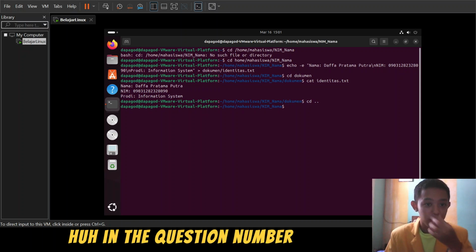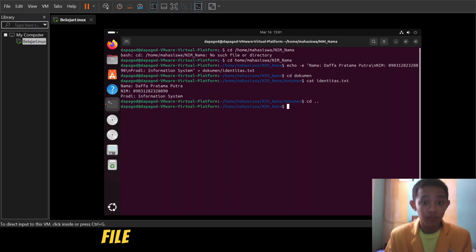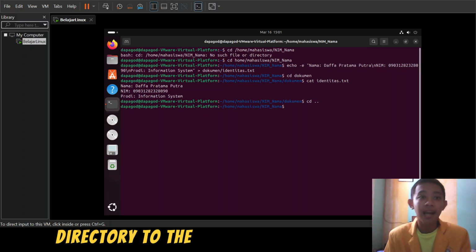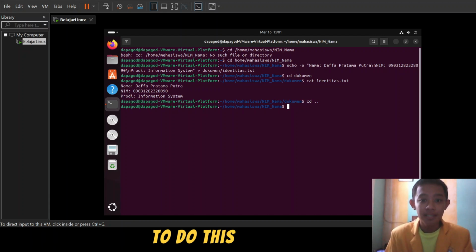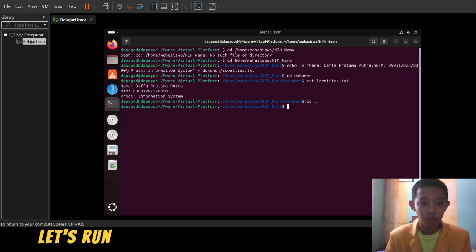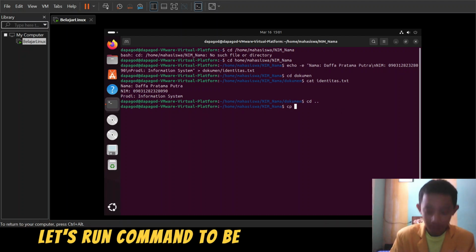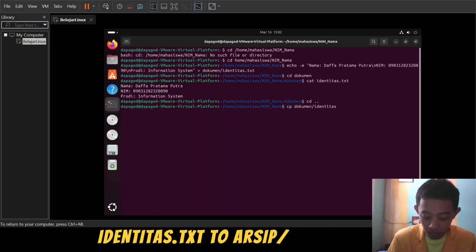In question number 2b, we need to copy the identitas.txt file from the document directory to the arsip directory and rename it to identitas_backup.txt. To do this, I will use the cp command, which stands for copy. Let's run the command. cp document identitas.txt to